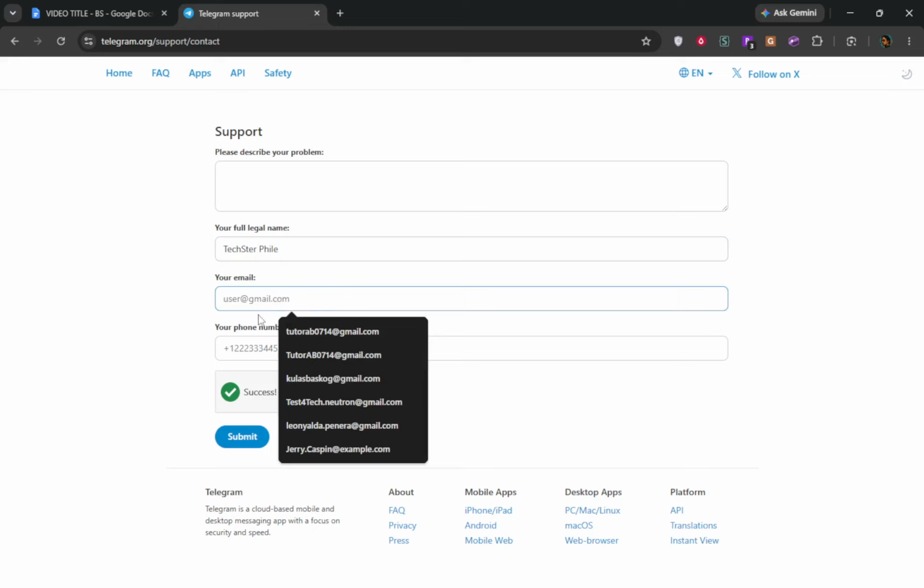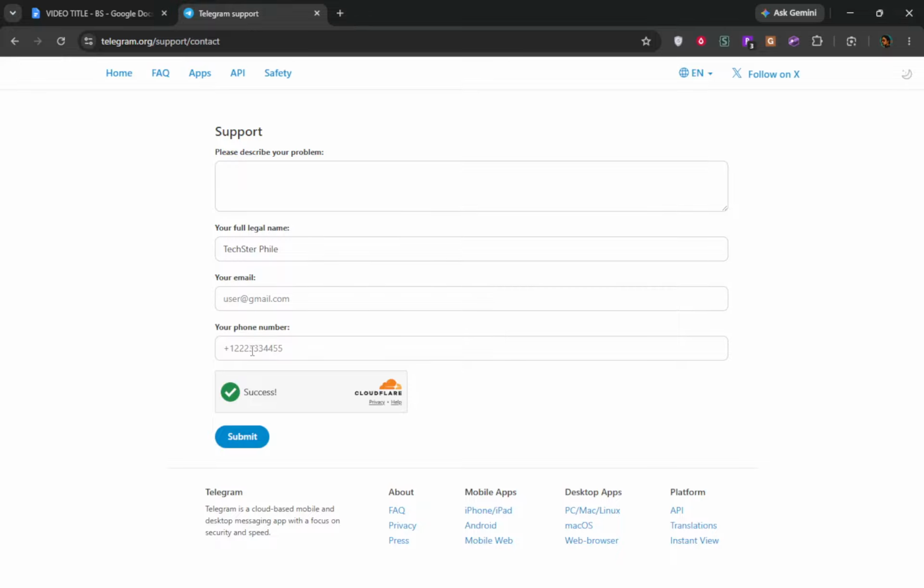Next, enter your phone number, including the country code. This is critical for verification and communication purposes. Telegram might need to reach you, so providing the correct phone number ensures a smoother support experience. After you've filled in your phone number, describe your issue in as much detail as possible. The more information you provide, the better the volunteers can assist you. Once you've completed the form, click on the Submit button. This action sends your request directly to Telegram support. Keep in mind that response times may vary since many requests are handled by volunteers.